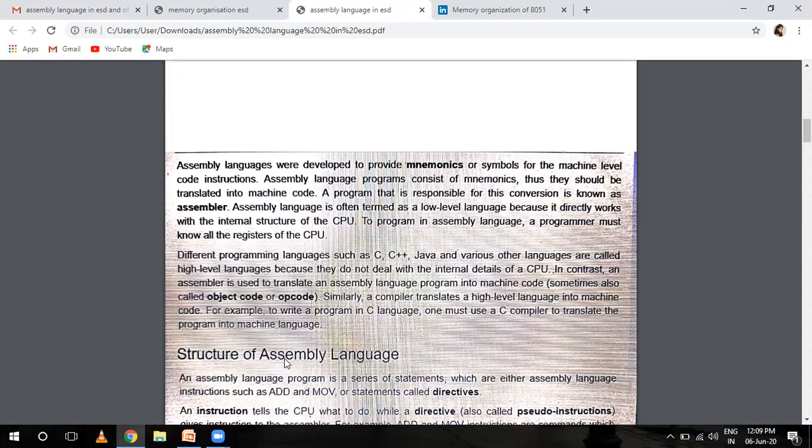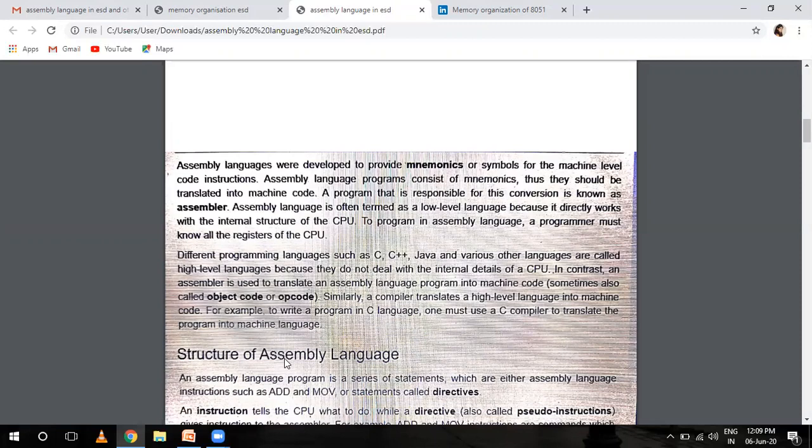Programming languages like C, C++, Java, and various others are called high-level languages, because they do not deal with the internal details of the CPU.